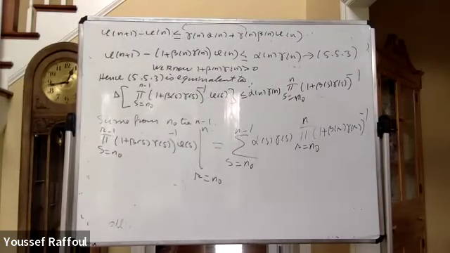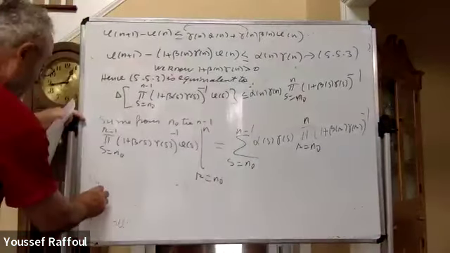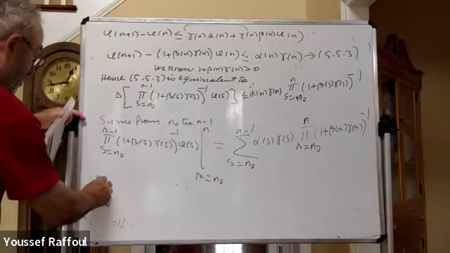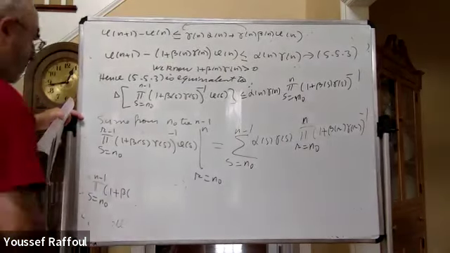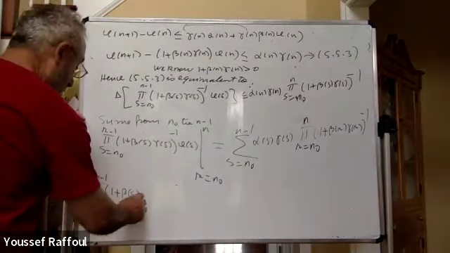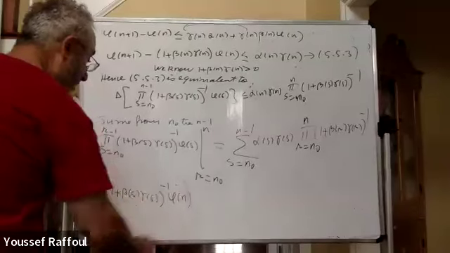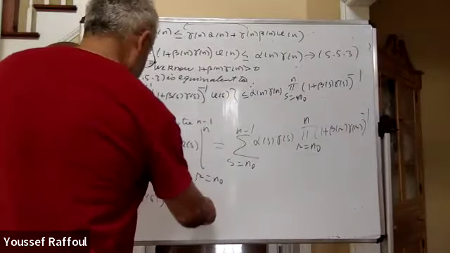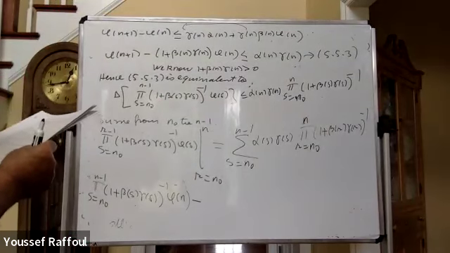Okay? Okay, but this one is the sum for s equal n0 to n minus 1, 1 plus beta s gamma s to the minus 1, phi n minus